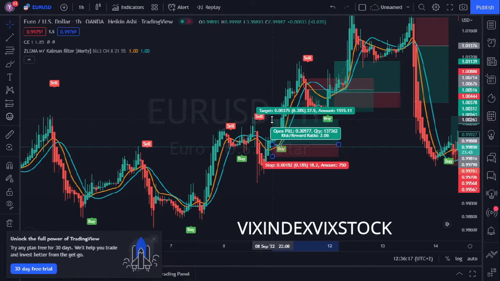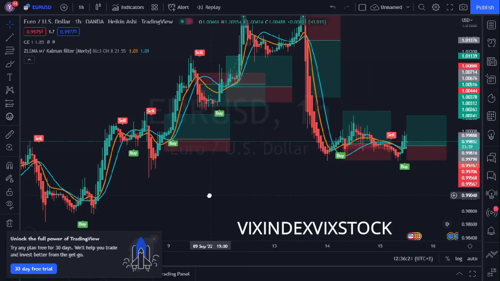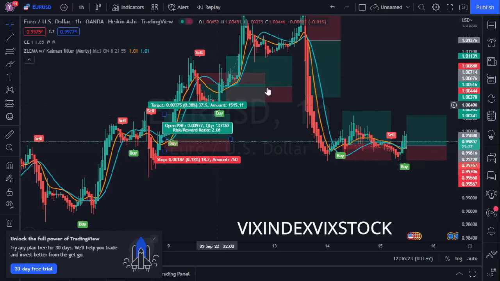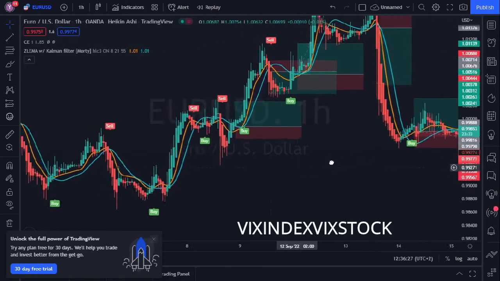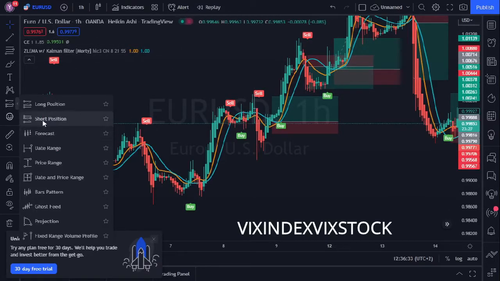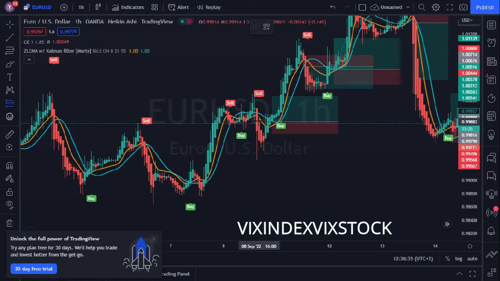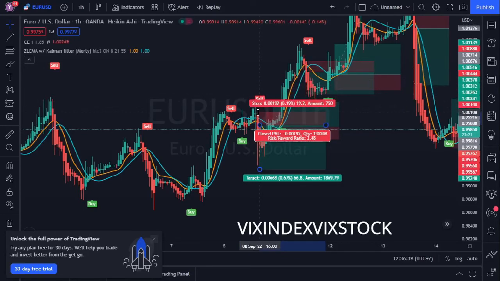Somewhere there, and would have jumped out of that trade. So 1, 2, 3, 4, 5 trades. We have 1 loss. Here, let's see what would have happened in that scenario. Would have used this candle, and would have used this candle for our stop loss,